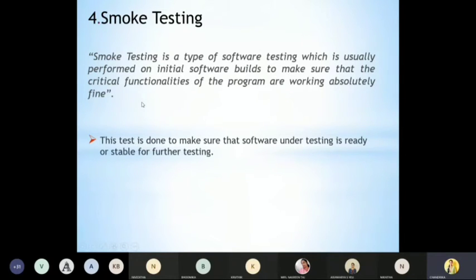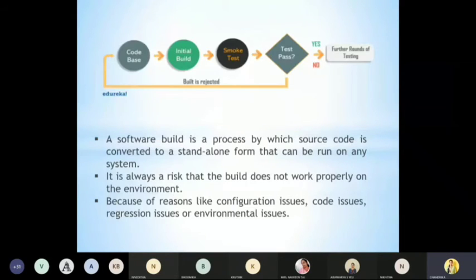This test is done to make sure that the software under testing is ready or stable for further testing. So this is the software build flow of smoke testing.